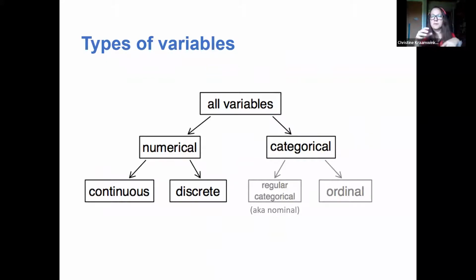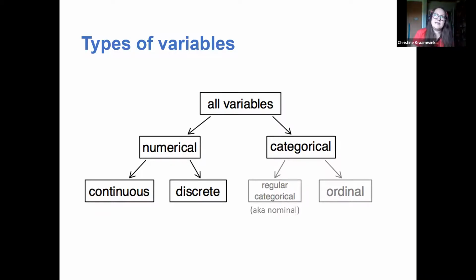Once you've looked at your variables, you can also see how they're classified. So in statistics, how we deal with our variables will very much depend on what type of variable we're working with. All variables can be classified as either numerical variables or categorical variables. Categorical means words or concepts. It could be numbers as well, but numbers that don't make sense for math.